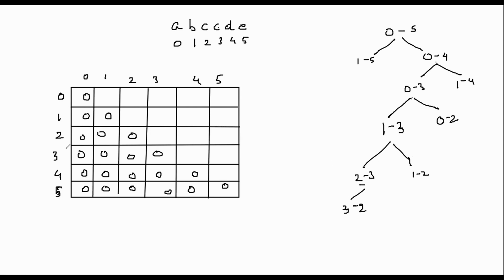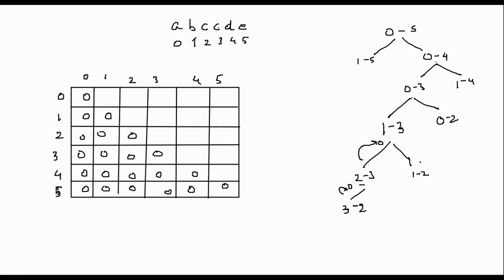3 to 2 we know the value, which is 0. So this will return 0. At this step we didn't make any insertion as the second and third elements were equal. So again 0. So this branch will return 0. Now I need to calculate for this other branch also.